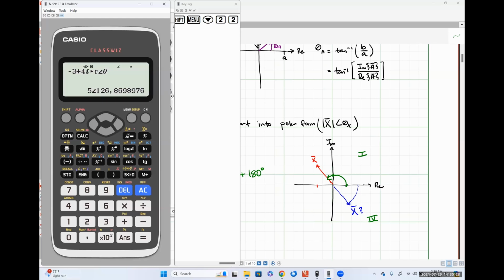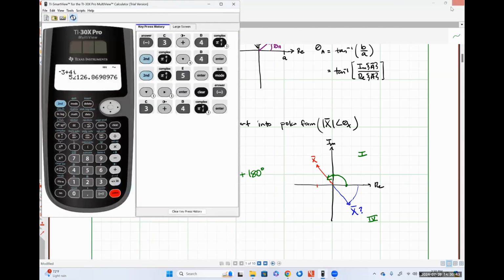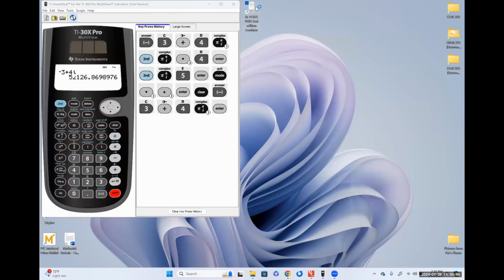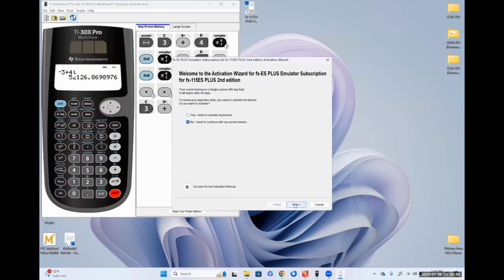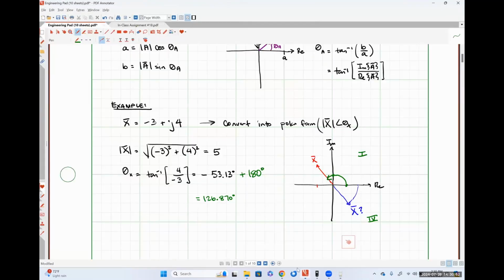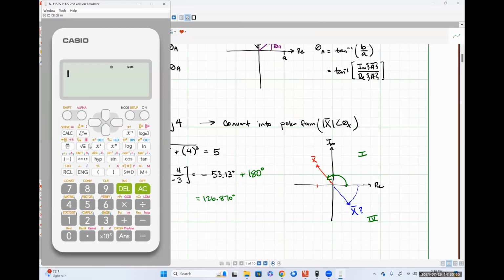All right, in order to show you guys how to use a Casio 115, which is the other most popular calculator in this class, I have to close this out because for whatever reason, the Casio emulators use the same files. So if you have a 115, this is the second edition, but it has the same button layout as those of you that have it. So we have to do effectively the same thing, press mode, and then option 2 for complex,